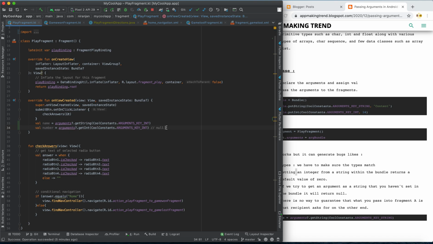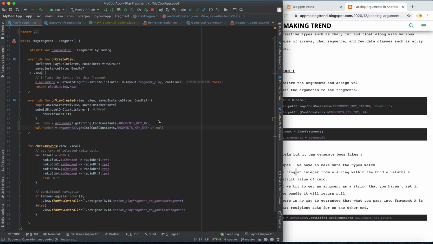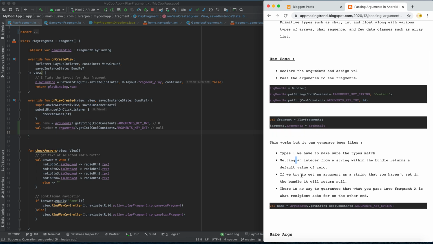Okay, so also, if you are trying to access the arguments, you can generate this kind of bug. Another thing is, for example, if you are getting a string but you are passing an integer, it will return a default value of 0, so this kind of bug can be generated. So there is no way to guarantee that what you pass into fragment A